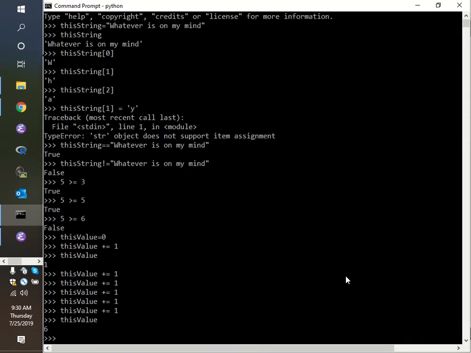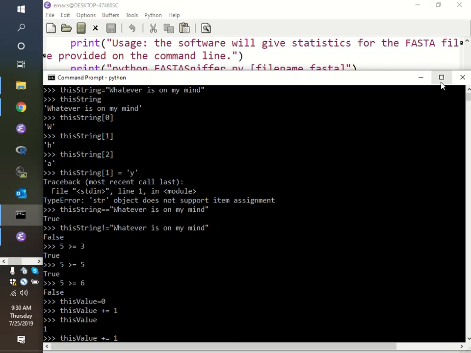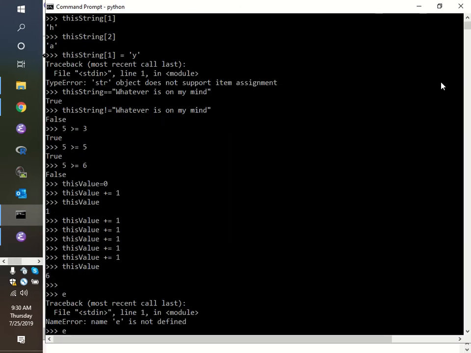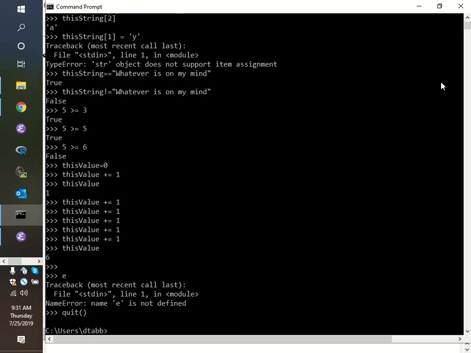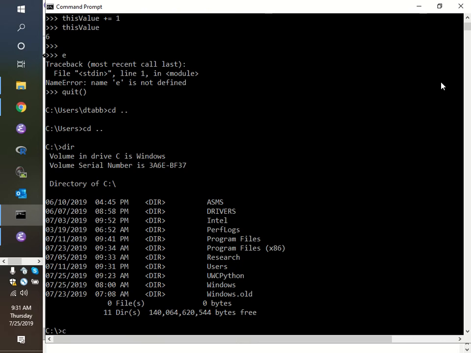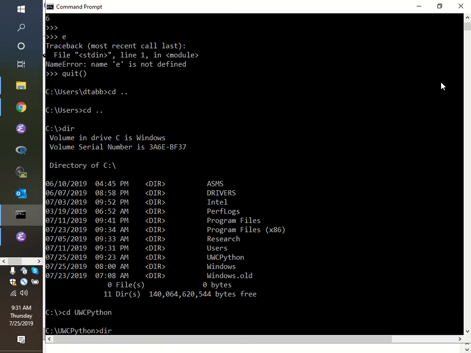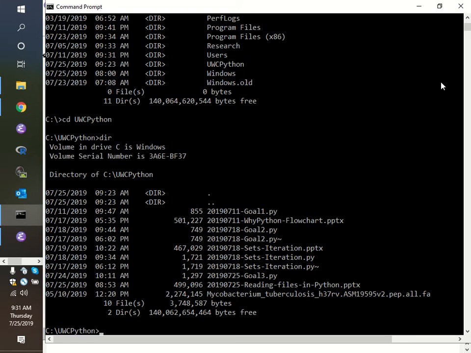So I would pop out of here. I need to quit from Python, and I see that I'm not in the right directory yet. So I want to move to where I put my software. All right, so I want to go to the UWC Python directory. There we go. I have all my scripts and things in there. And because I have Python on my path, I can simply type Python